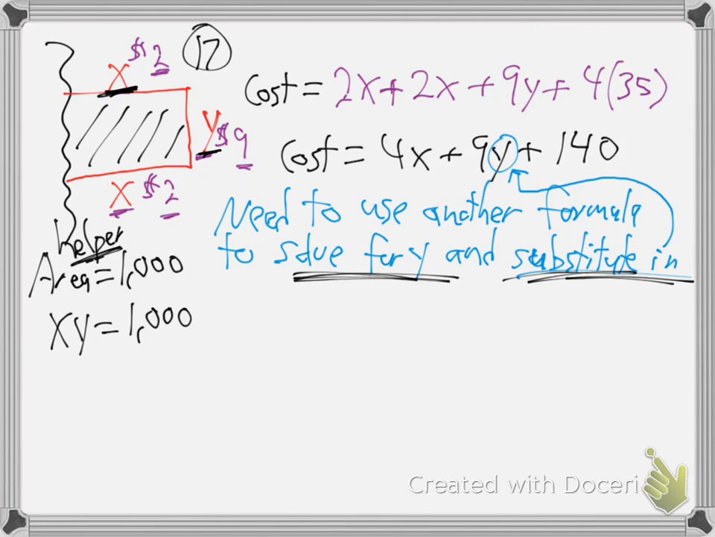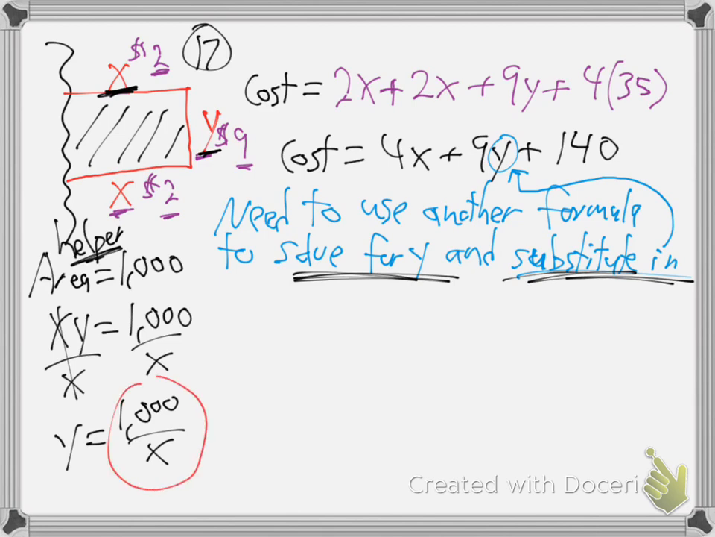You solve for y. So y is 1,000 over x? Yeah, divide by x, exactly. So y is 1,000 over x, and then grab that and plug it in. So grab that 1,000 over x and plug it in right there for y. So what are we going to have then? We're going to have cost equals,